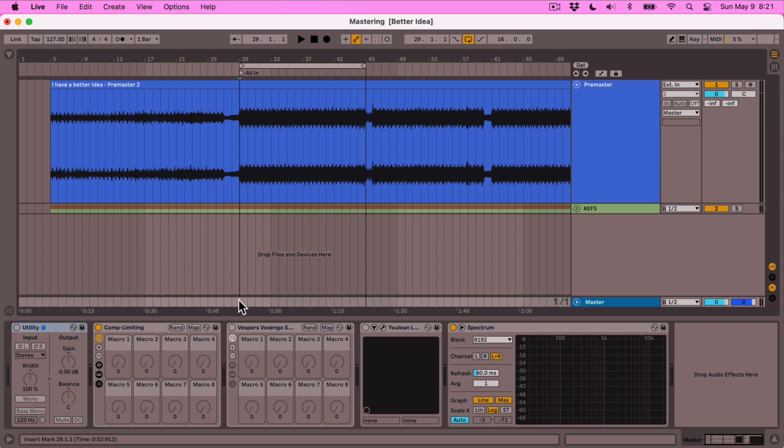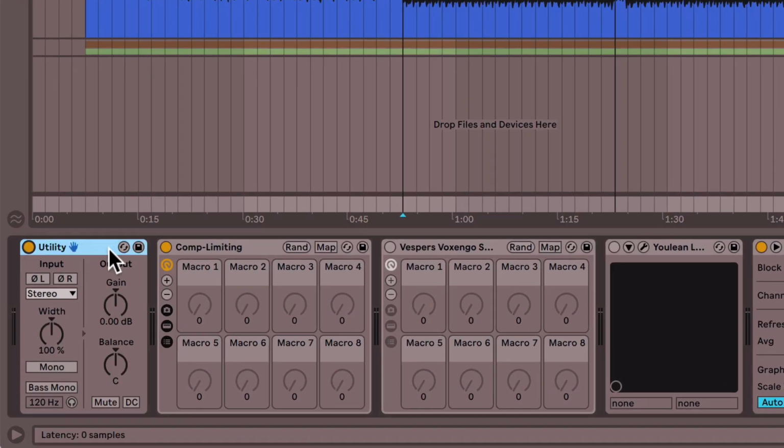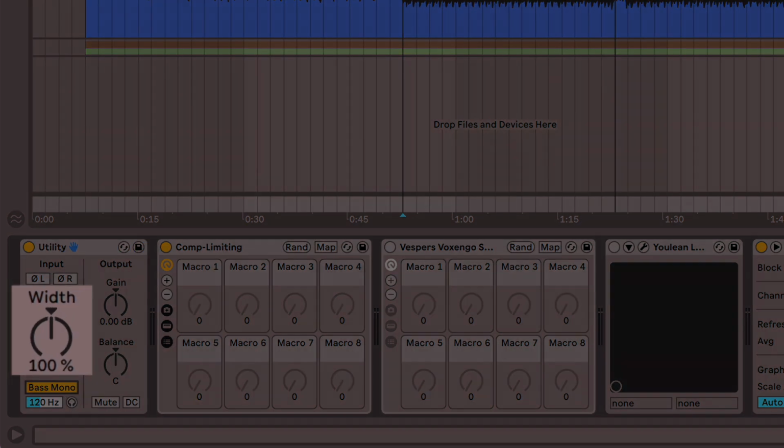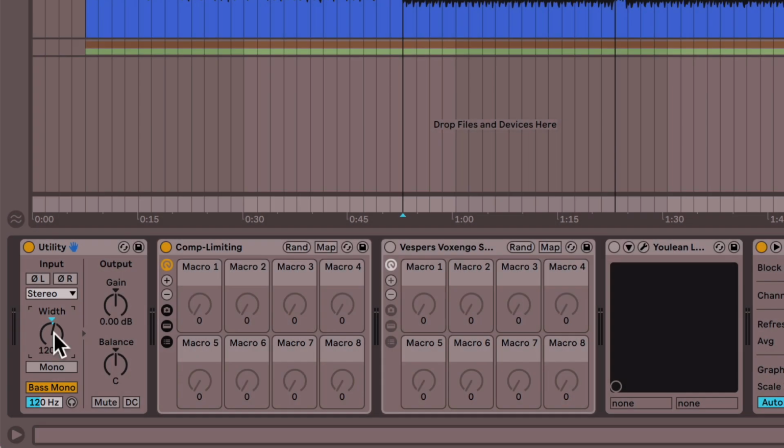Now for the topic at hand, let's first talk about what not to do. A common mistake I often see when people are mastering their own tracks is they put Utility on their master channel and then they have bass mono engaged. Great, that's all good, but then people simply turn up the width control in order to add width to their song. This raises the volume of the song's stereo information, which sounds okay, but it's in a very, very imprecise